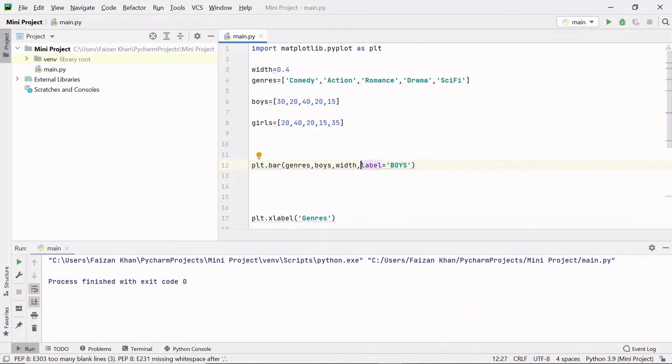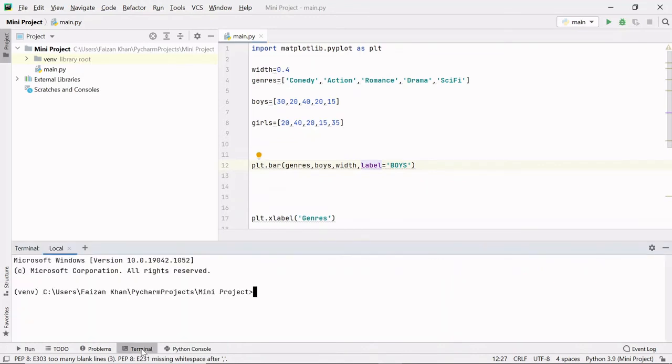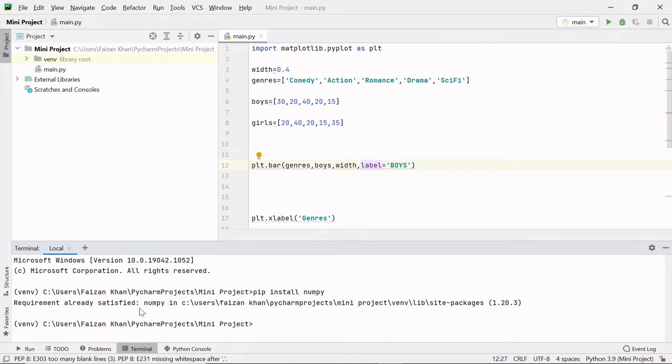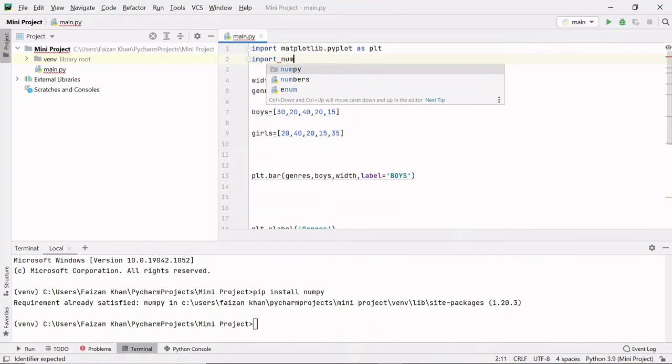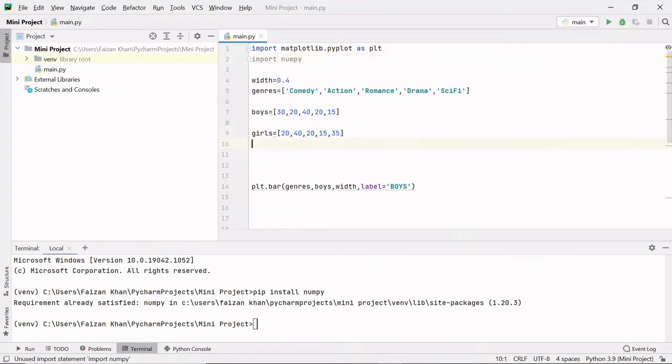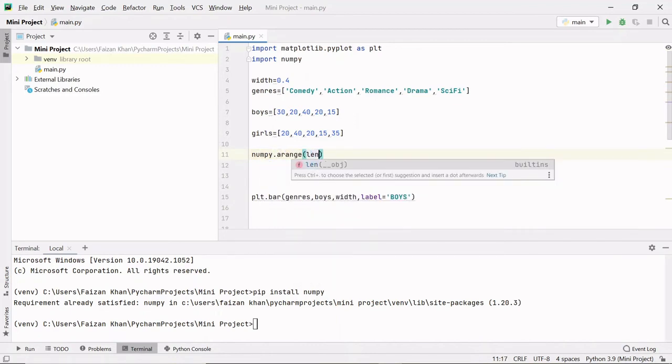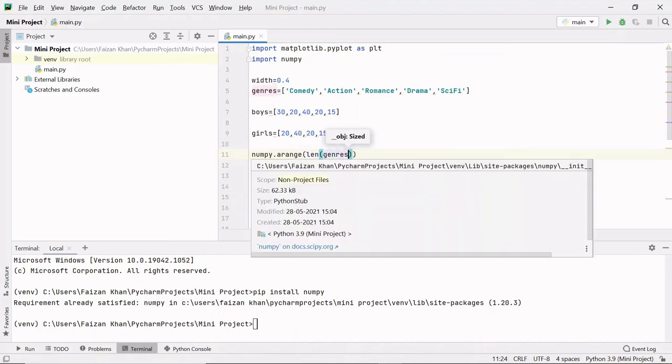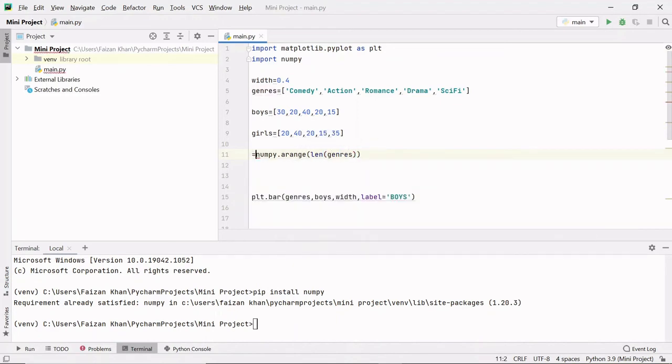So I'm going to create an array by using the numpy module. So go to your terminal, here type pip install numpy and hit enter. I have already installed it. Then you can import it, import numpy, and after that you can use numpy.arange method, and here you have to pass the length of genres, and it will return us an array of values from 0 to 4, and I will store that in the variable values.